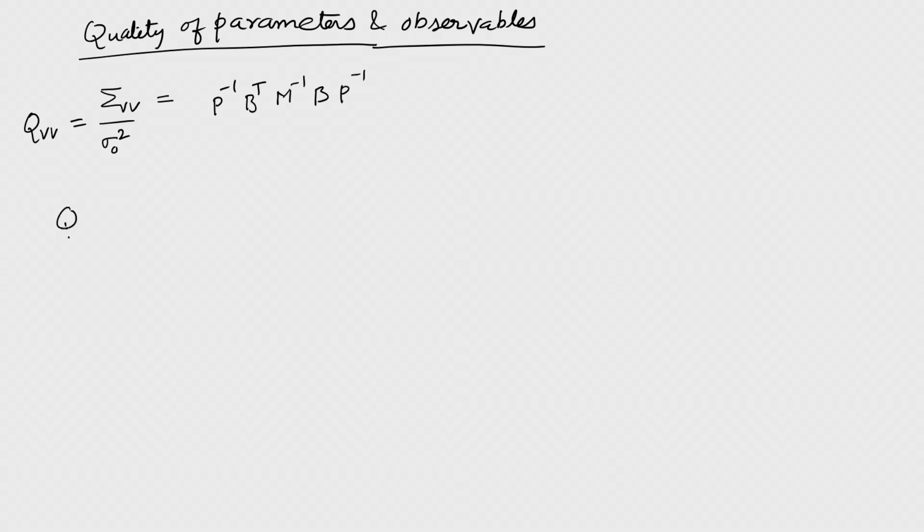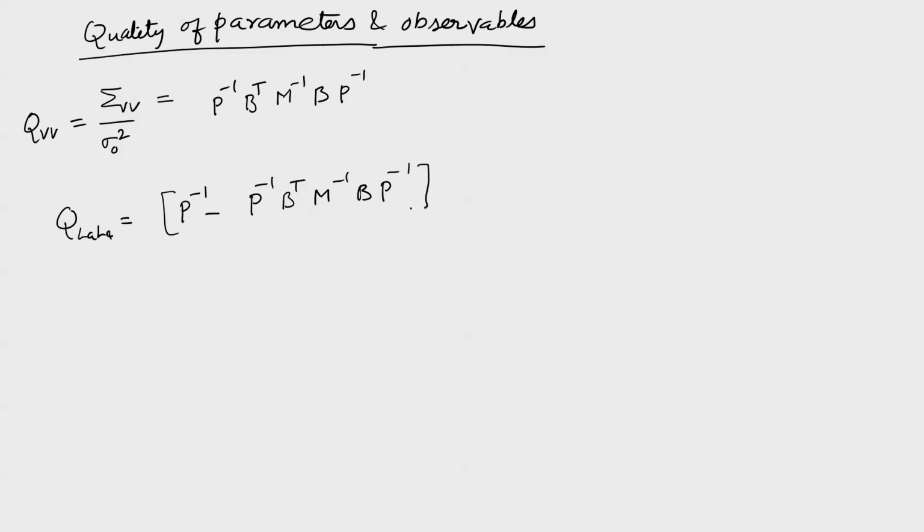What about the QLALA? That means the quality of the adjusted parameters is given by P inverse minus P inverse BT, M inverse B P inverse, which is nothing but equal to, if you remember, sigma LA divided by sigma 0